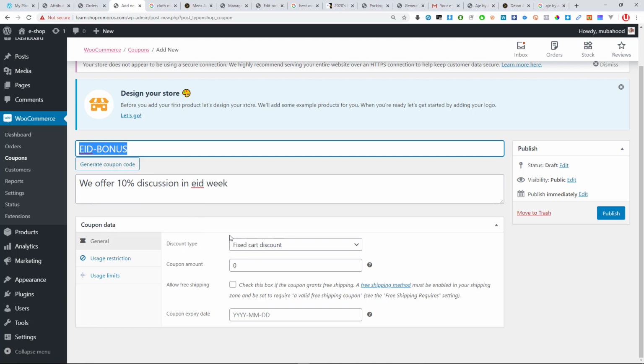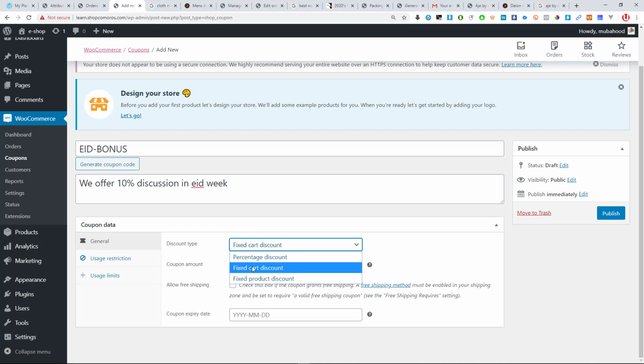I'll have to set how the coupon will function. They'll tell you here which type. Do you want to give a fixed amount as a discount, or a discount according to percentage? Or you want to give a discount fixed to a certain product. If I select percentage, then I'll have to write here which percentage I want to give. I promised them 10, so I put there 10%. So if someone purchases and uses this coupon, they will be able to use 10%. I can also allow whether I want to allow free shipping for this coupon or not,